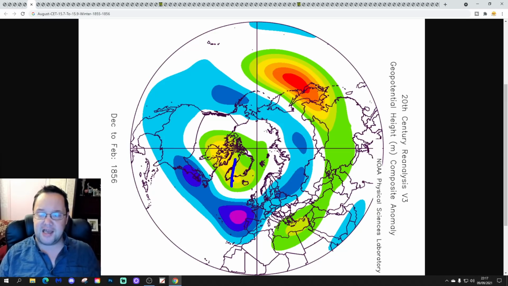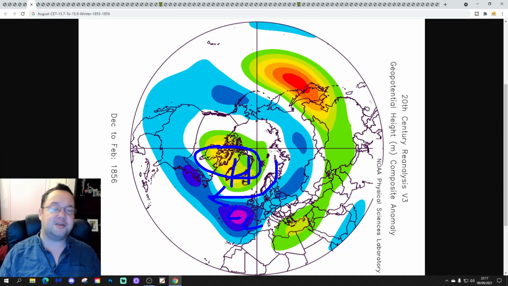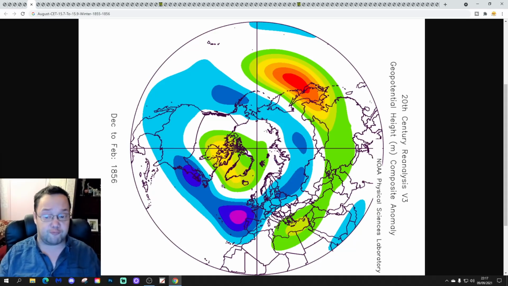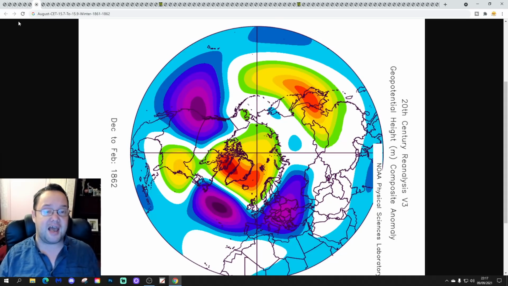This one, again, with high pressure around Greenland and Iceland, low pressure to our south, and winds again in from an easterly direction. You expect that to be quite a coolish or even pretty cold winter yet again. Then we move on to 1861, 1862. So many from the 1800s with this set of analogues.